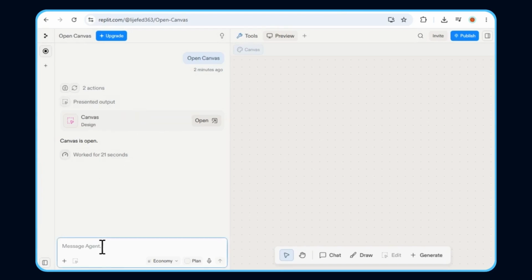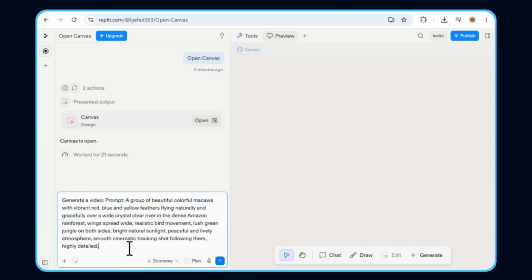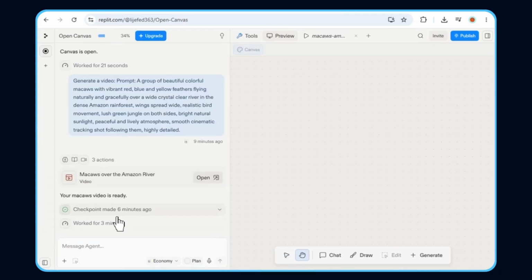Now look at the bottom left side. There is a prompt box there, and this is where you type your real video prompt. You need to follow one exact format here. First type Generate a Video, then type Prompt, and after that, describe the video you want, the same way I have done on screen. Once you are done, click the arrow button, and in a few seconds your video will